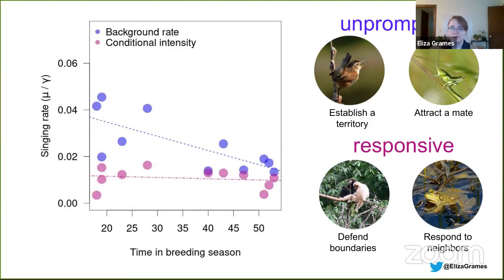And I should say this is really preliminary data. I haven't actually run tests on this yet because we're still working on entering data, but it seems to be a general pattern there. And that's just the beauty of the Hawkes process models, is you can actually look at factors that might affect these. So not just time in breeding season, but we can look at habitat quality and things like that.